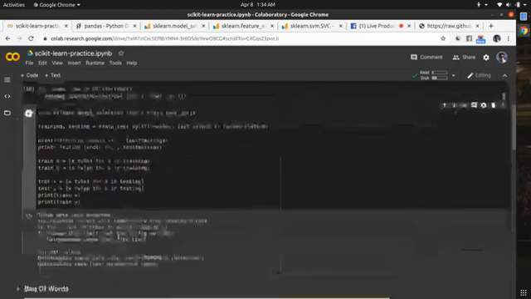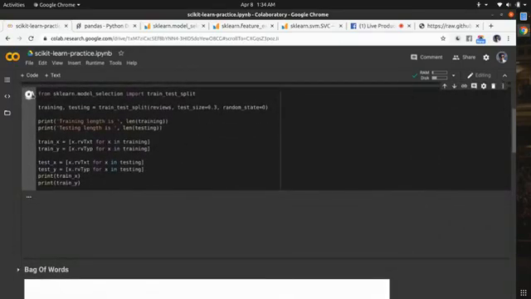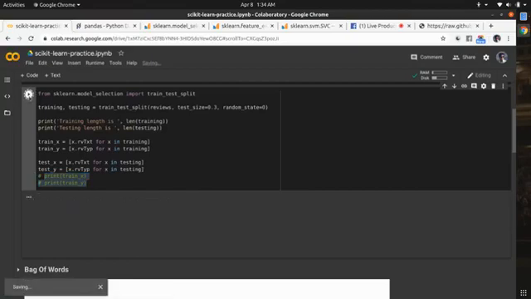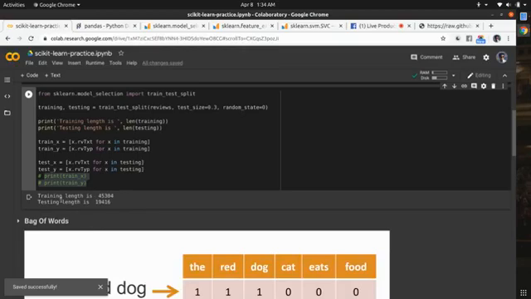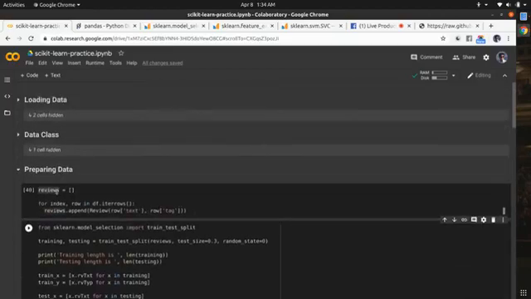Let me run this as well. Let me comment these two lines. Can you see the training data length is 45,000 and the testing data length is, what you can say, 19,000. 45,000 and the 19,000. Okay,